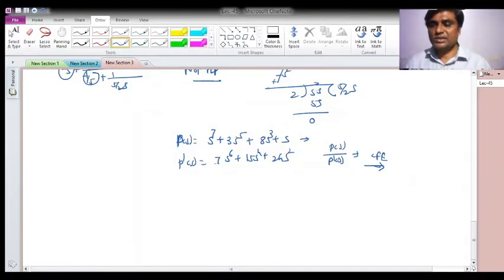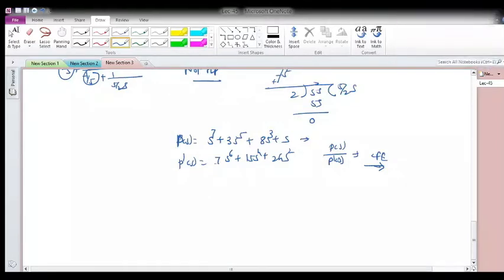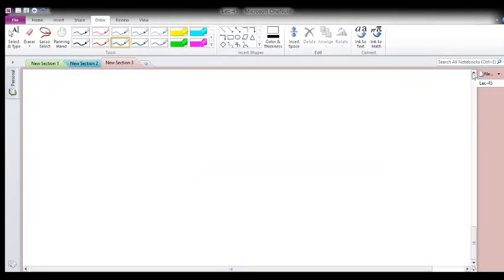Okay, now next we'll see the positive real function. Here we'll see what a positive real function basically is, then what the properties of positive real functions are, and what the testing of PRF is. So these three things we'll see. Basically this PRF is called a positive real function. Let me write it first. Positive real function.